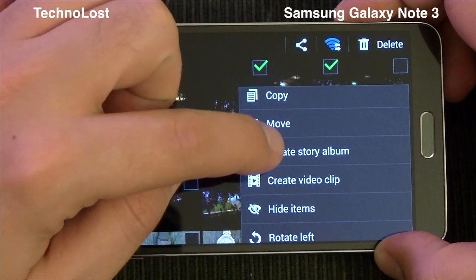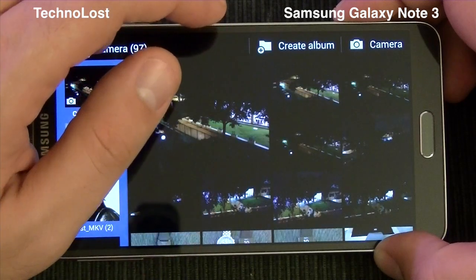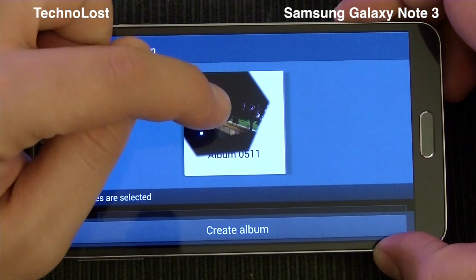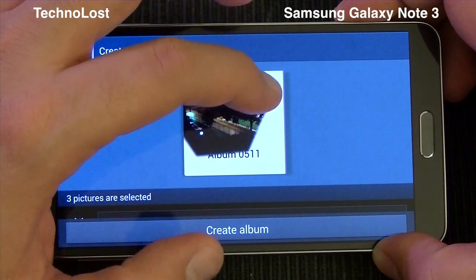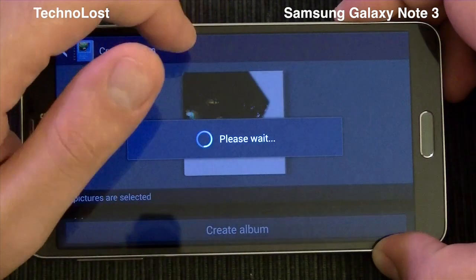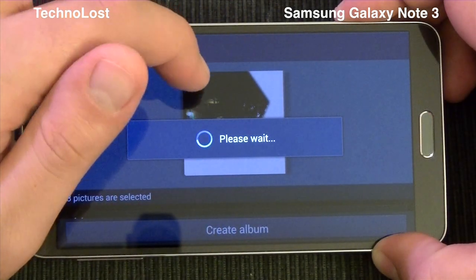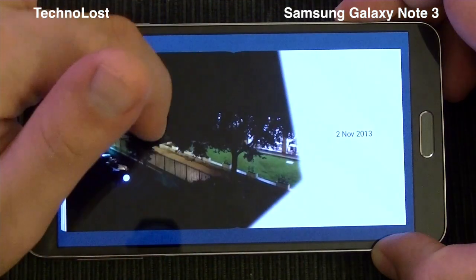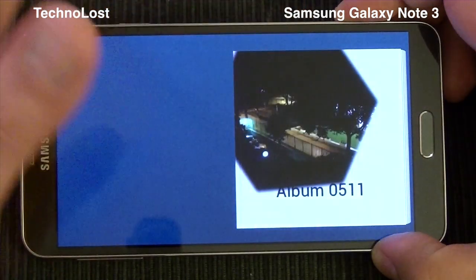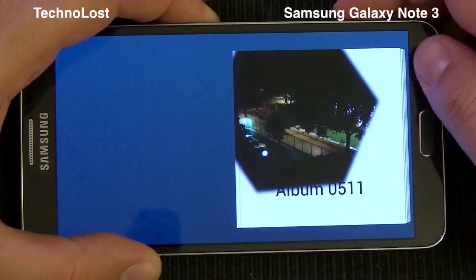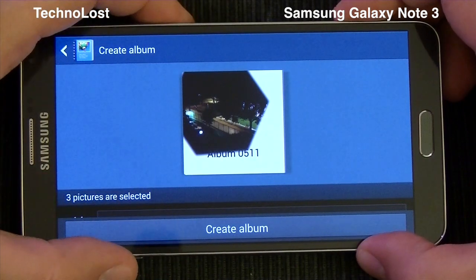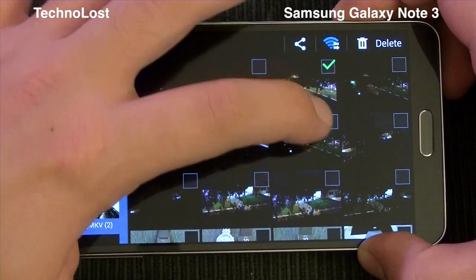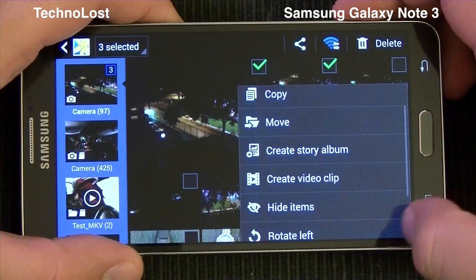We can create a story album. We have to install a dedicated third-party app from the Samsung App Store to create an album. Then we can choose between several themes inside this app. It lets us create this very nice photo album that we can then browse like this, as you can see. Pretty nice. We can even print this photo album directly with an online service. If we didn't install the